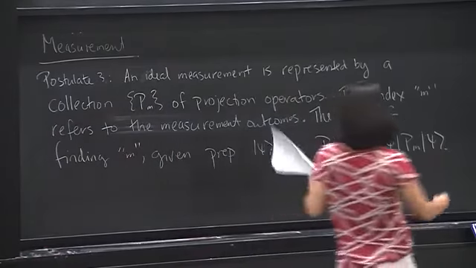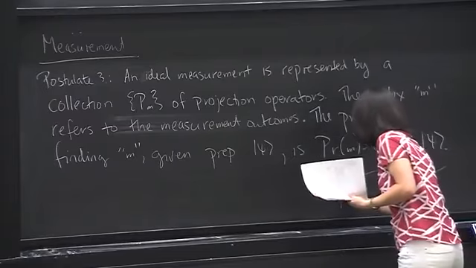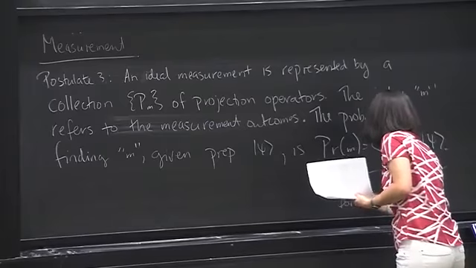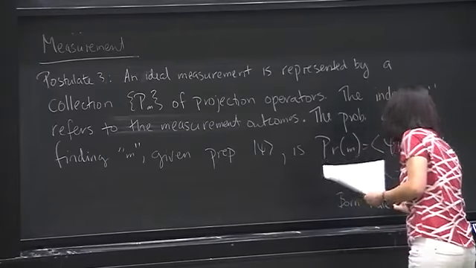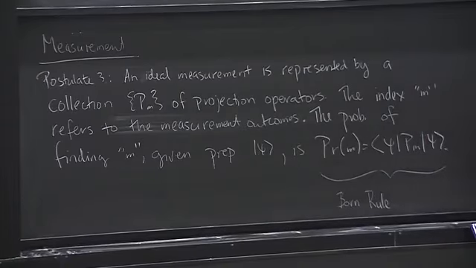So this thing here is known as Born's rule. Okay, and so what this does is it predicts the relative frequency with which you're going to get each of